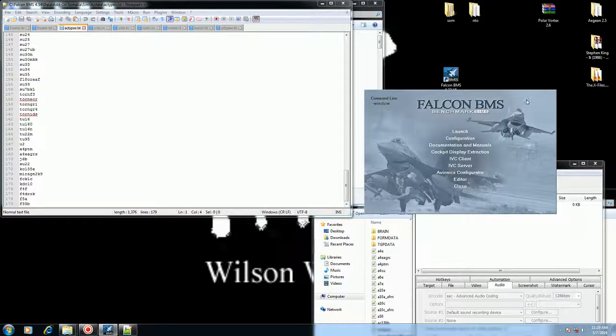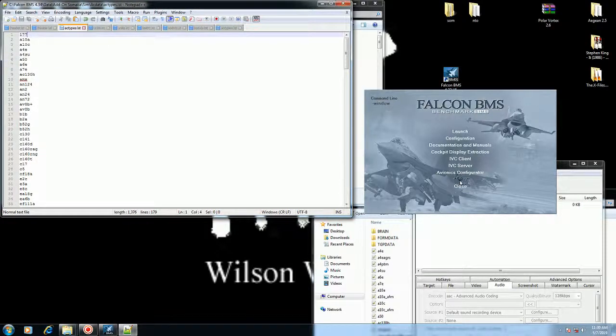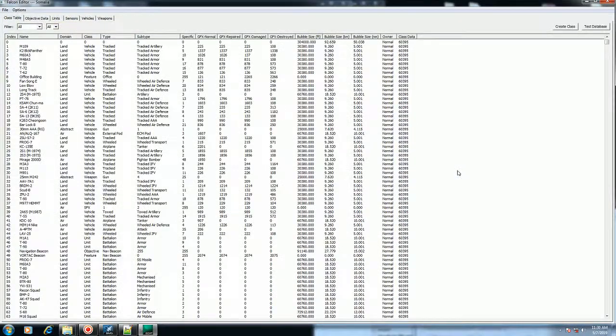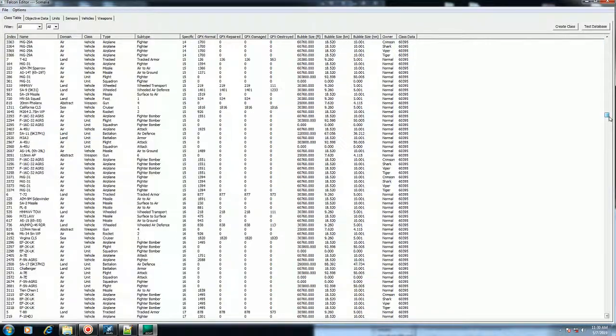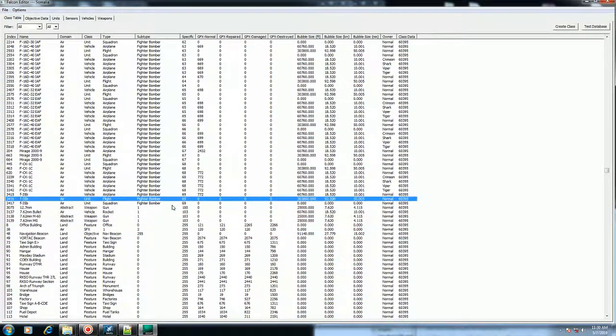Okay, to mess with the AC type, the TE planes and valid AC, I was going to look at the editor, and obviously it doesn't work right now because I've got 178 at the top instead of 177, so that's a mess up on my part. I didn't foresee that, so I'll just save it as 177 for now and look at the editor and it will work. So I need to go to class table, specific, find my 69 specific, which is the F35B, and I will open